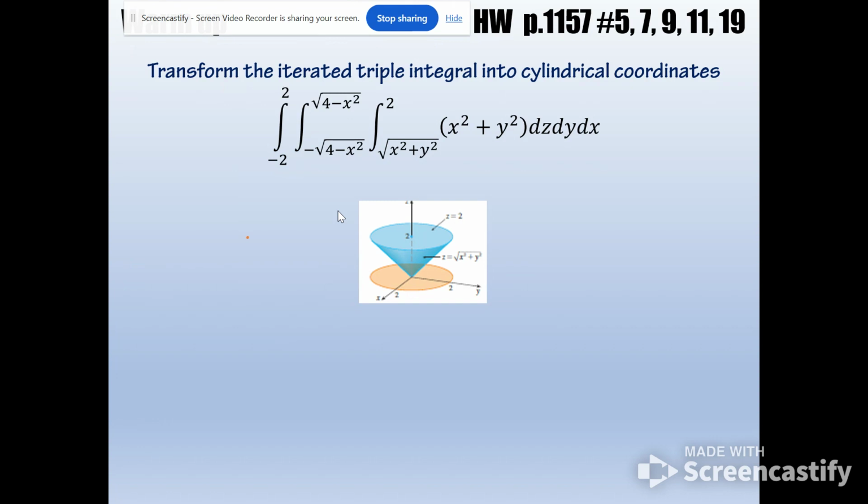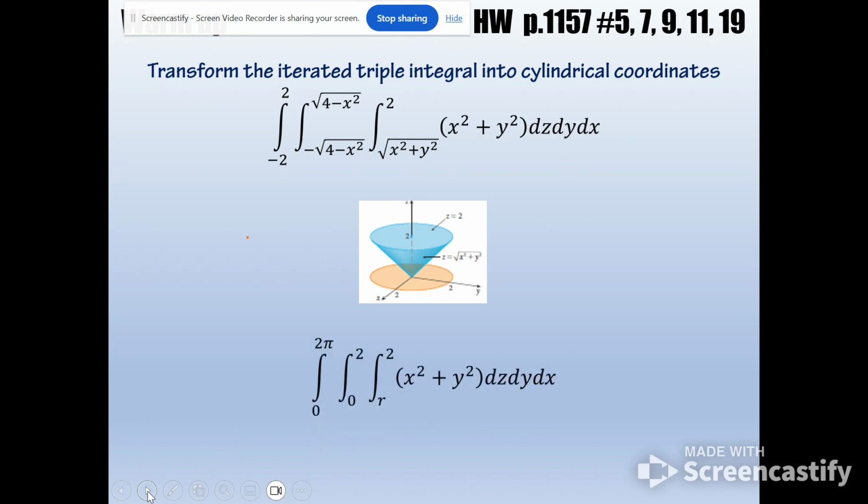So hopefully you recognize that you can change the bounds here. The first bound, the z bounds, square root of x squared plus y squared is square root of r squared, or just r. And then for the y's, you've got a whole circle with a radius of 2. And then to go all the way around, you're going to go from 0 to 2 pi. So you're going to get this integral,